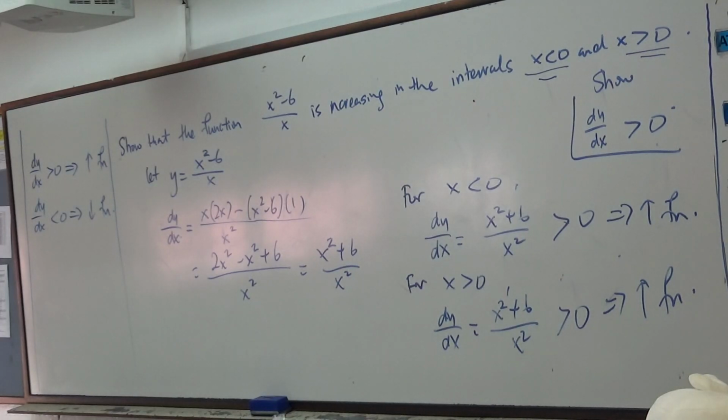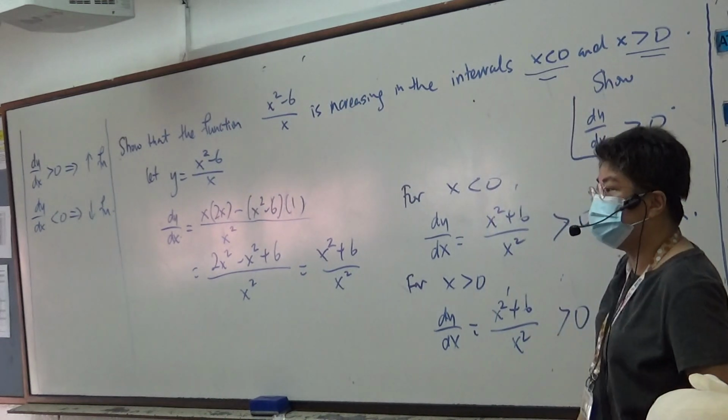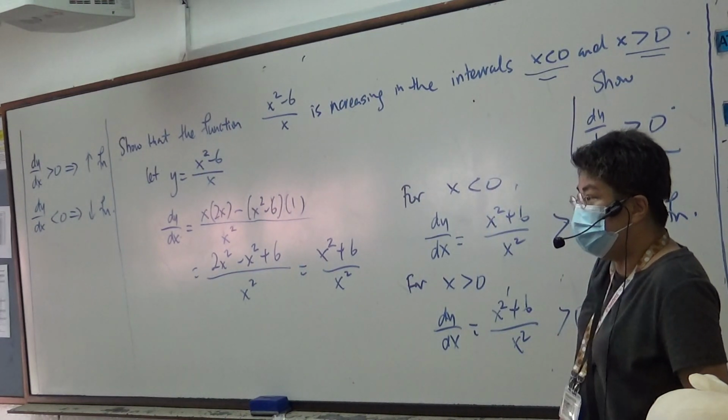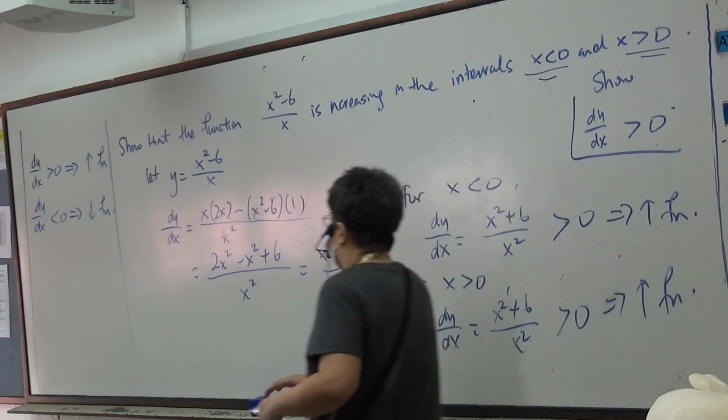It is bigger than 0 for x not equal to 0. Since not equal to 0, I prefer you to write like that so that it's clearer. I show for both intervals. Everybody clear? Everybody understand what I'm saying? Okay. Now,